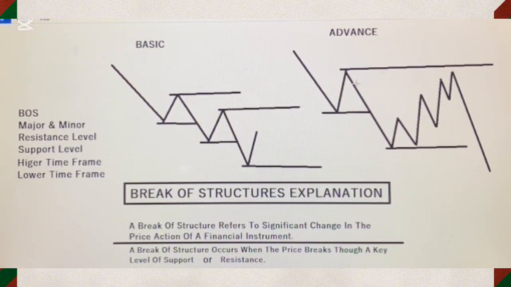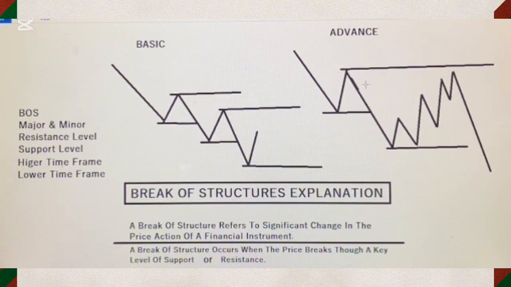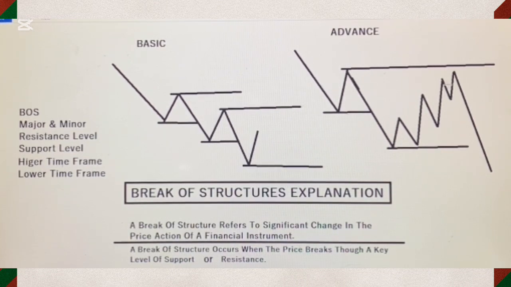Right here we are going to have something called an order block, which is going to reverse the market, but we are not teaching order block in this video. In my next video I will explain about order block, and you can enter a market with order block. So once the market reaches this order block,